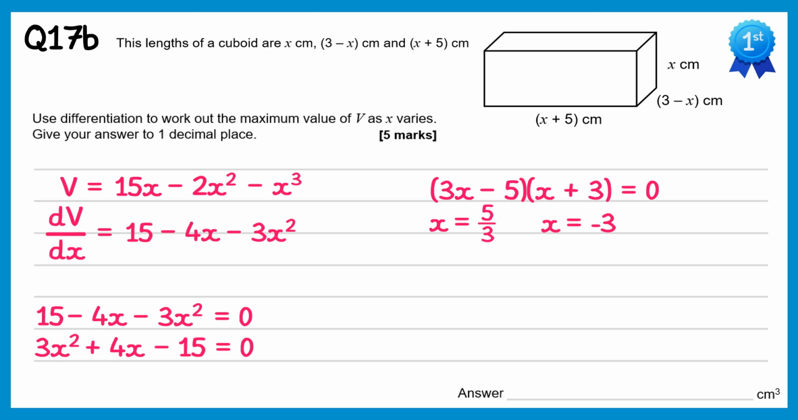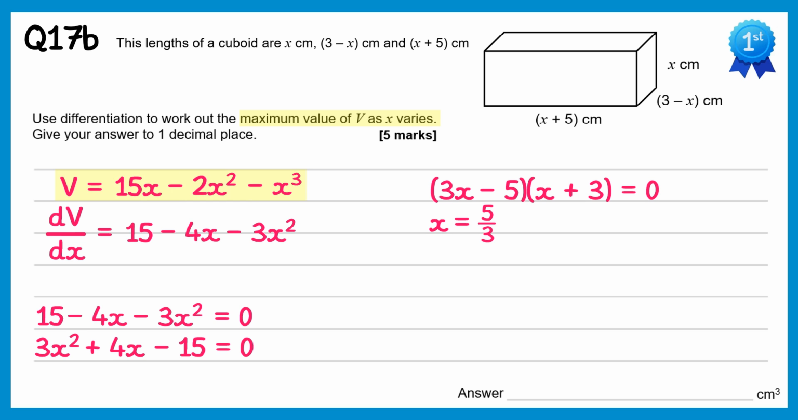Now if you think about it, one of these solutions doesn't really work. If x equals -3, then the height of this cuboid will be negative, which of course doesn't make any sense, so we can disregard that solution. Now this isn't the answer to the question though, the question wants the maximum value of V as x varies. So we found the value of x that gives the maximum volume, we just need to use it to find the volume. To do that, we'll go right back to the first formula we used in the question,